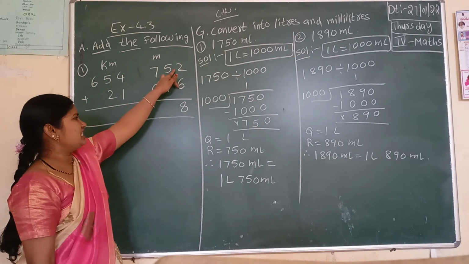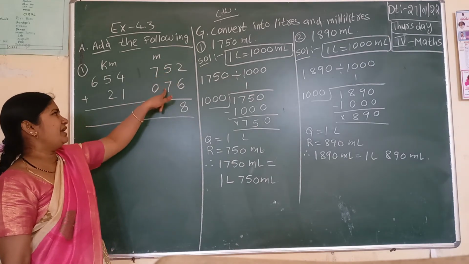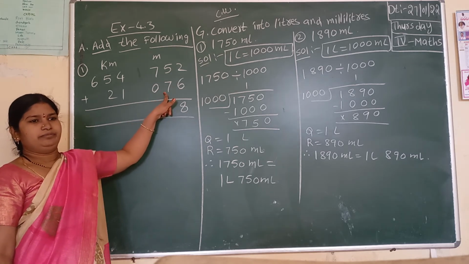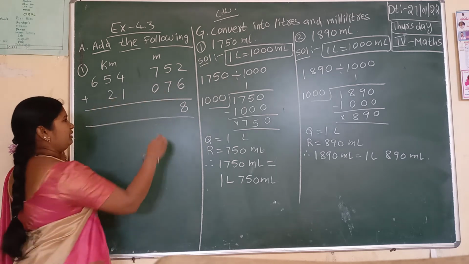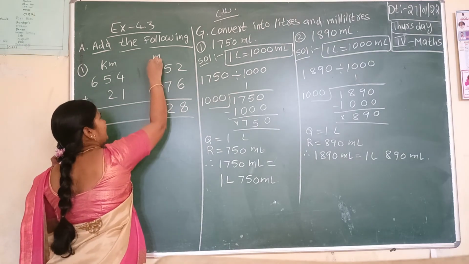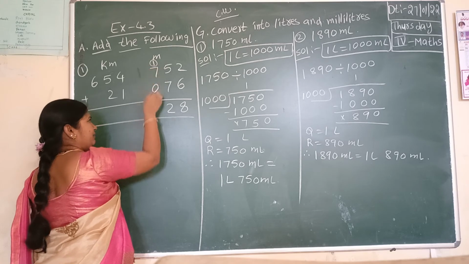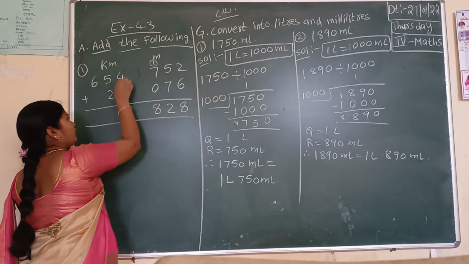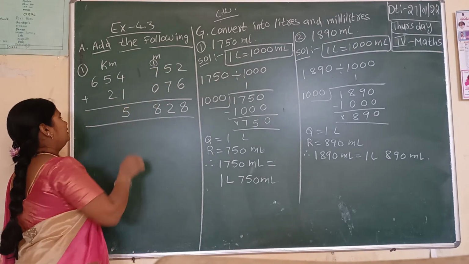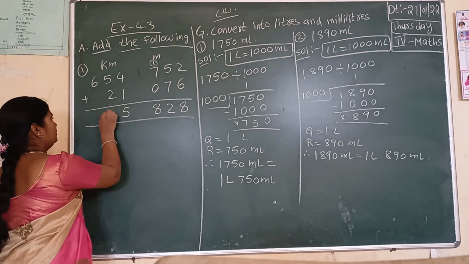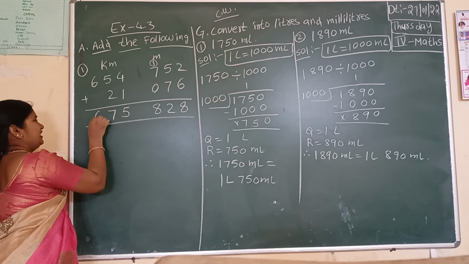Okay. Next, ones place is over, so go for the tens place. 5 plus 7. 5 plus 7 how much? 12. 12 means 2 right here, 1 right at the next place. Read with me. 1 plus 7, 8. 8 plus 0, 8. 4 plus 1, 5. 5 plus 2, 7. 6 as it is, 6 only.